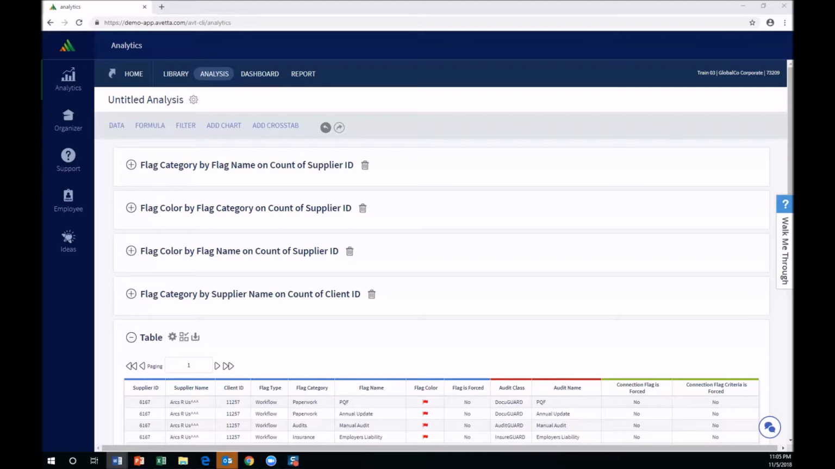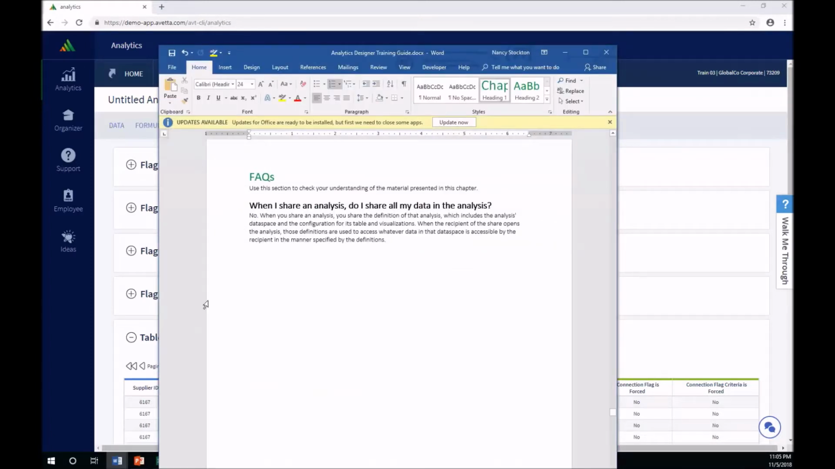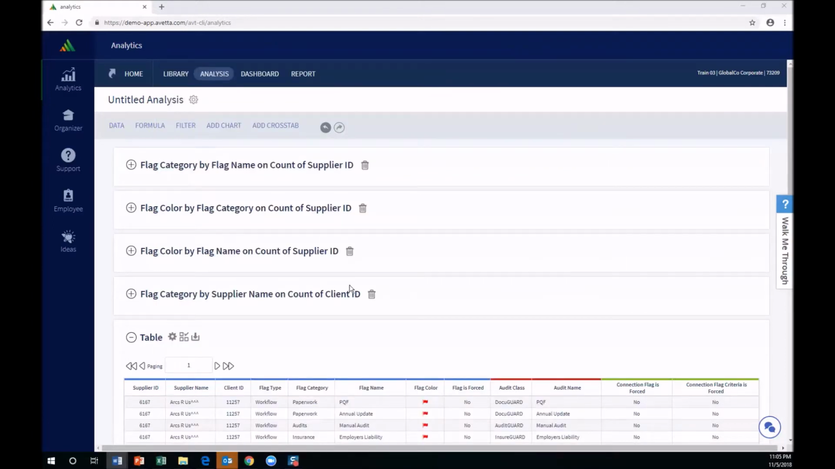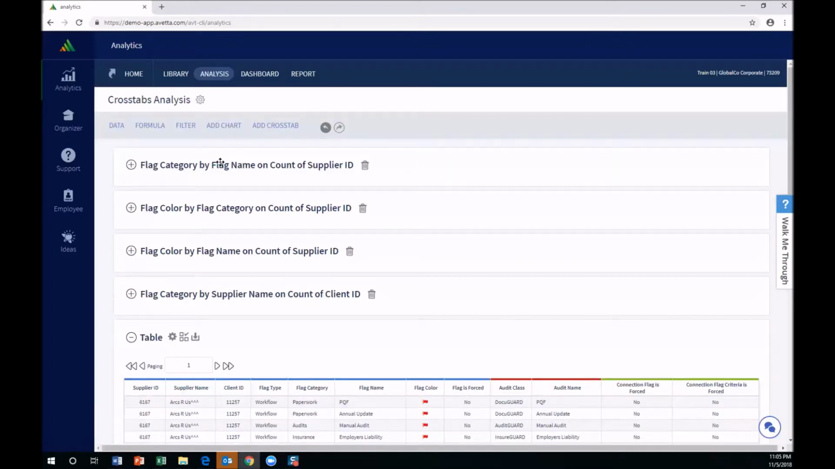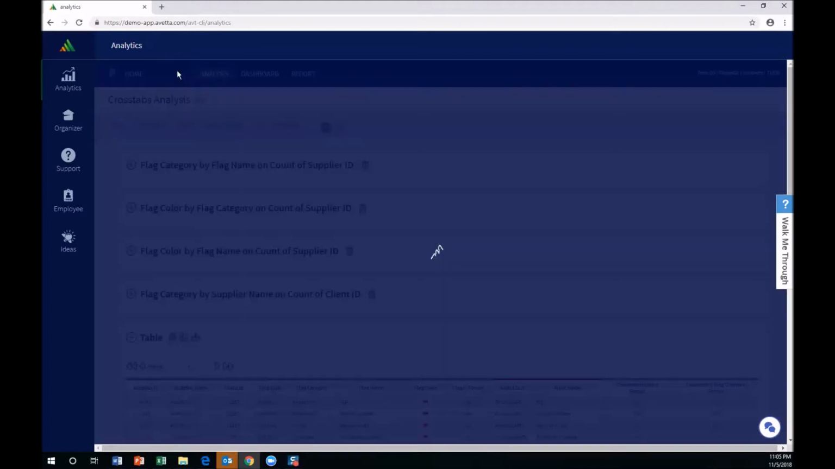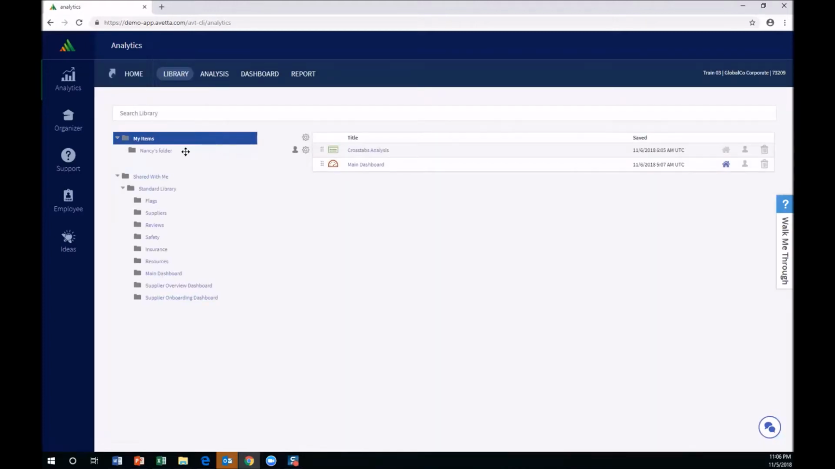And we have a review question here. If I share an analysis, am I sharing all the data in that analysis? So here I have this analysis. Oh, and let's rename this and call it my crosstabs analysis. So if I were to go to my library,